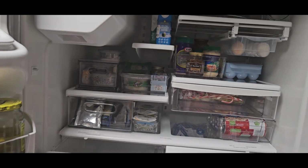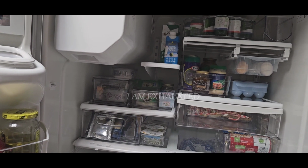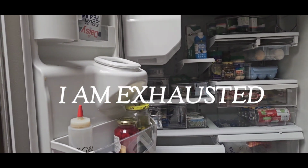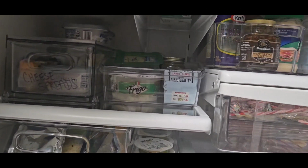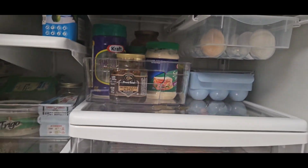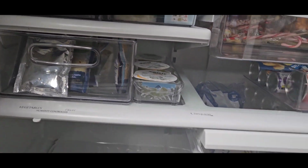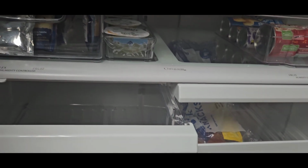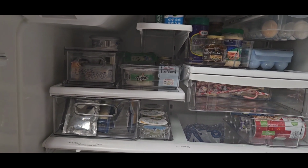I have been working on this fridge since about 7:30 this morning. It is 10:19. I had some blueberries in here and they just got all over the refrigerator. So I've literally had to do a clean, changed our water filter. So now I am going to add these liners in here and just see how it looks, and then I'll share that with you. But this is just a quick overview of how I have